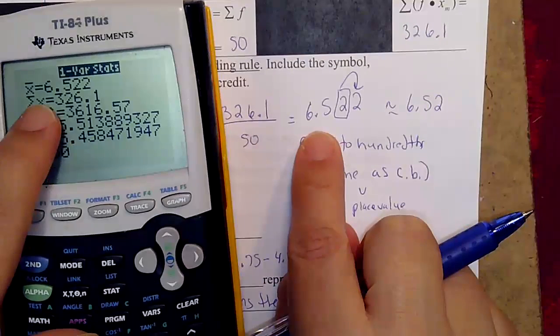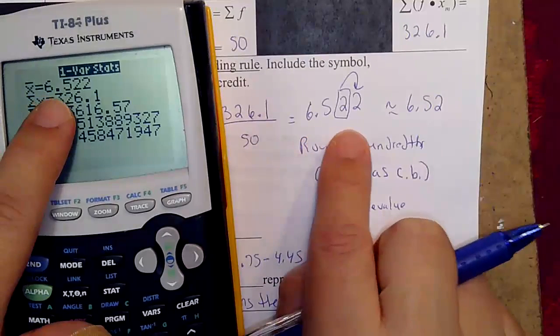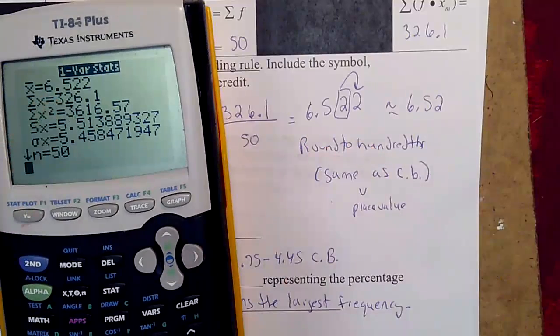See that right there, 6.522. And then it's just about rounding. You want to round to the same value as the data. If the data wasn't given, you round according to the